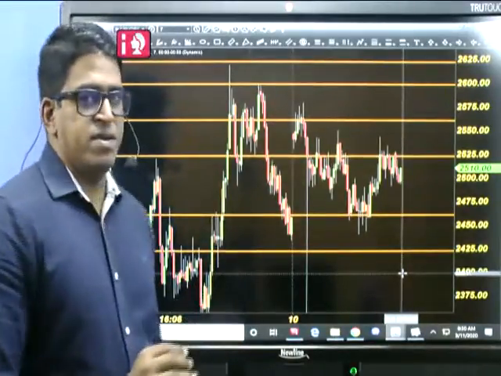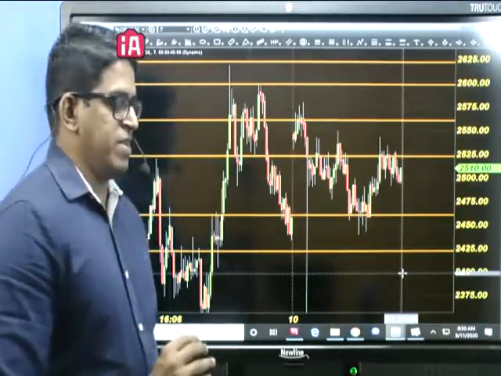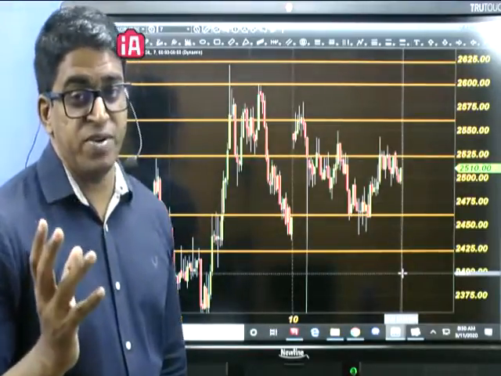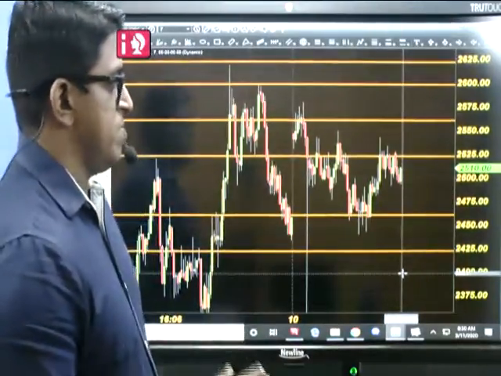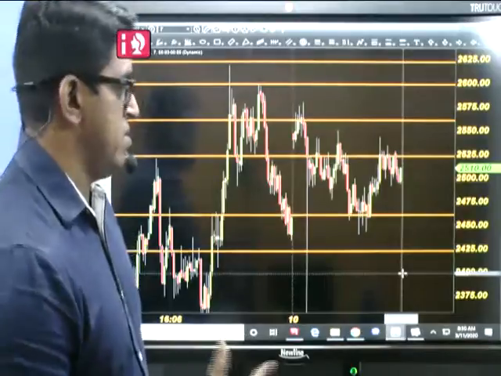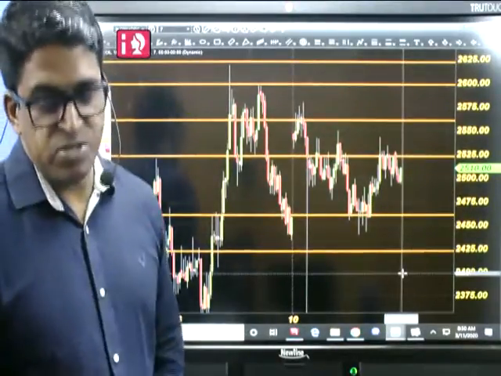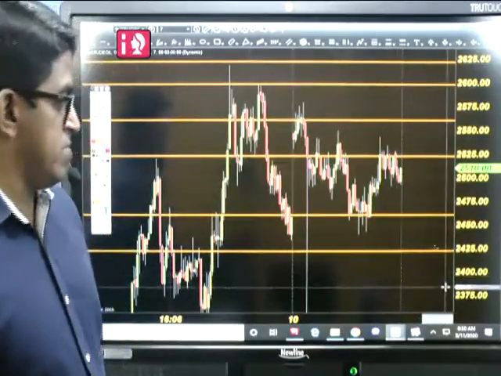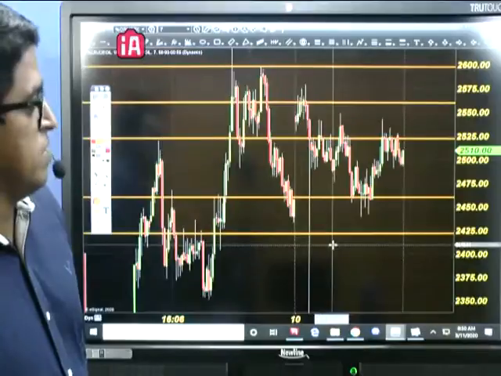Go with your plan, execute your plan, come out to the market. Don't worry that you are going to miss some big profit, or that heavy losses are coming. Stick to your trading plan, then everything will be okay. So it's basically the discipline factor which counts. Focus on consistency, that's the key for a trader.